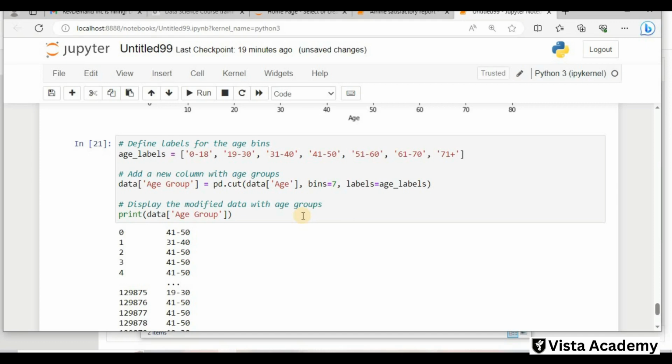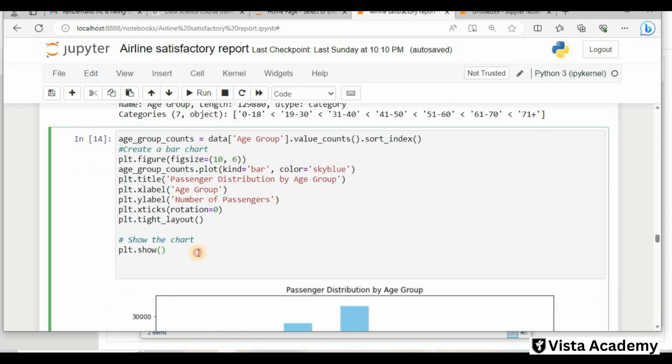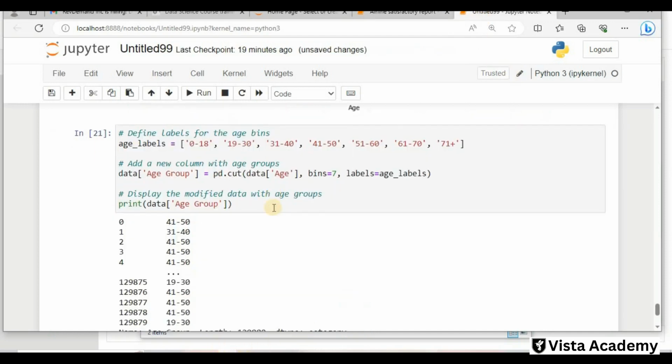Next we can create a chart from that, like a histogram or whatever you like. In this case we have an age group count plot. So we have created a count plot here. I just copy this, and we have also indexed them so that they will be in index format. Copy this and put it here